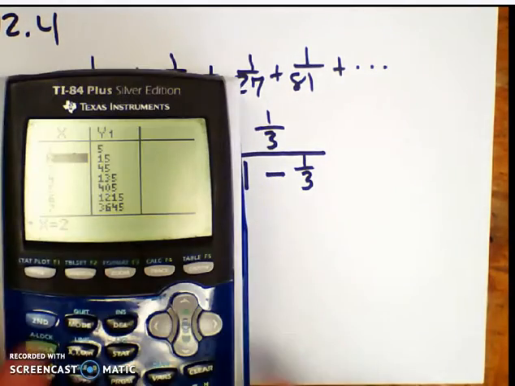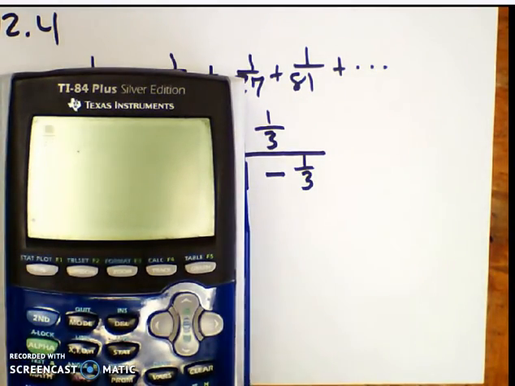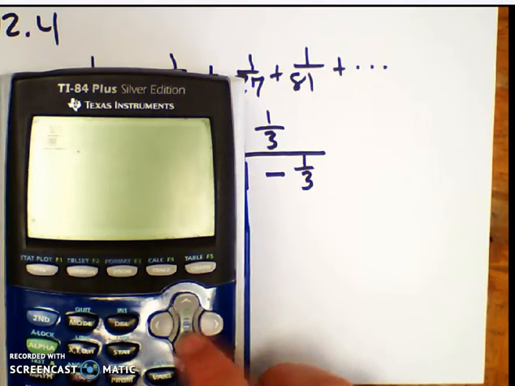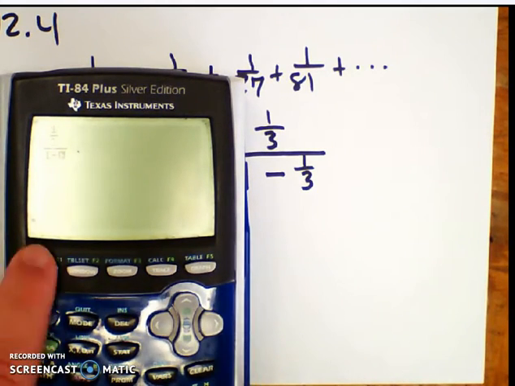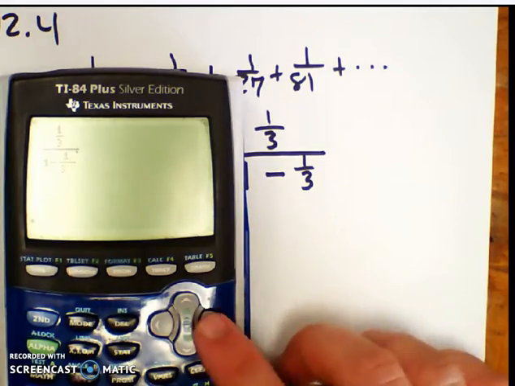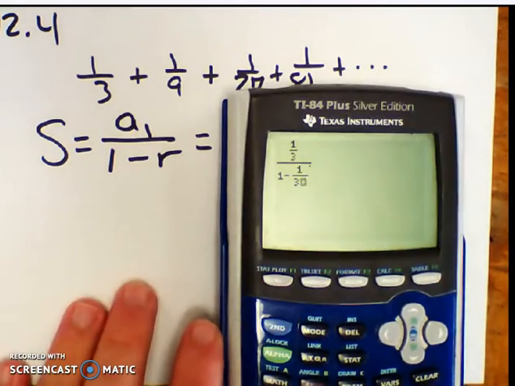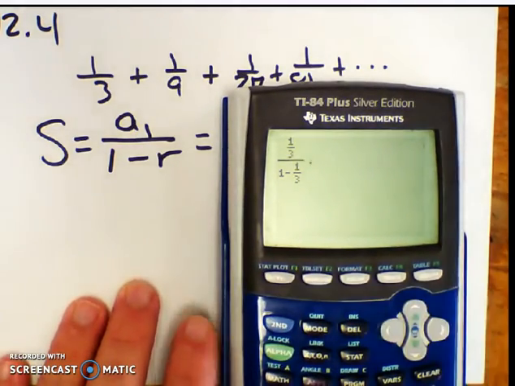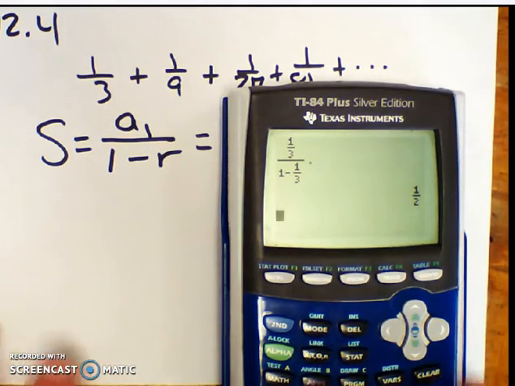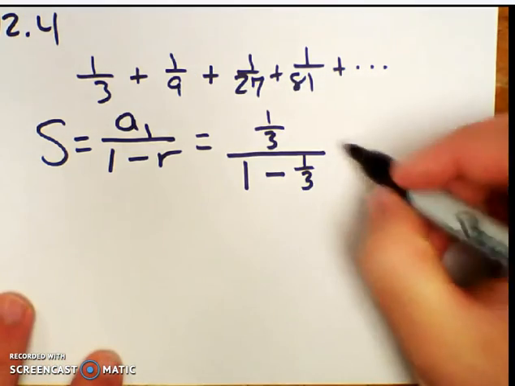So once you type this into your calculator, you can get your fraction bars. You all should be somewhat comfortable doing that. Type it into the calculator. Put it right where you can see it. And hit enter, and it's 1/2. So if you were to add every single term in this sequence together,